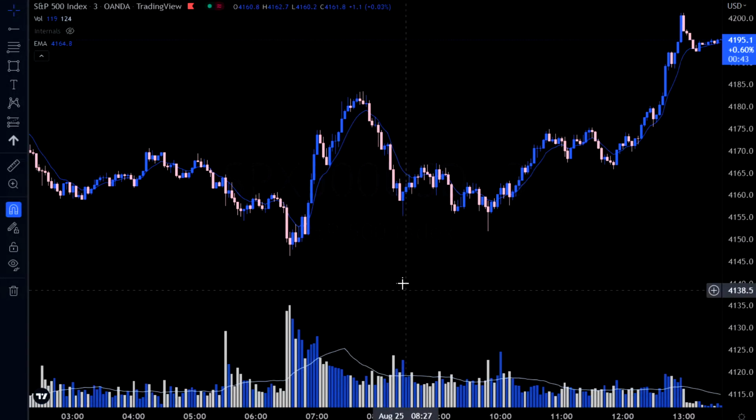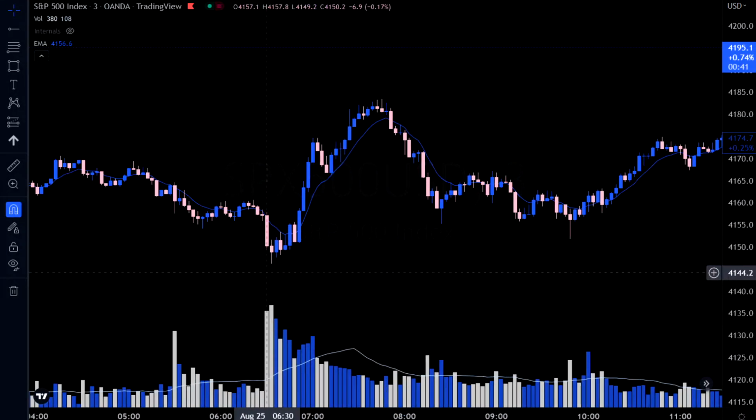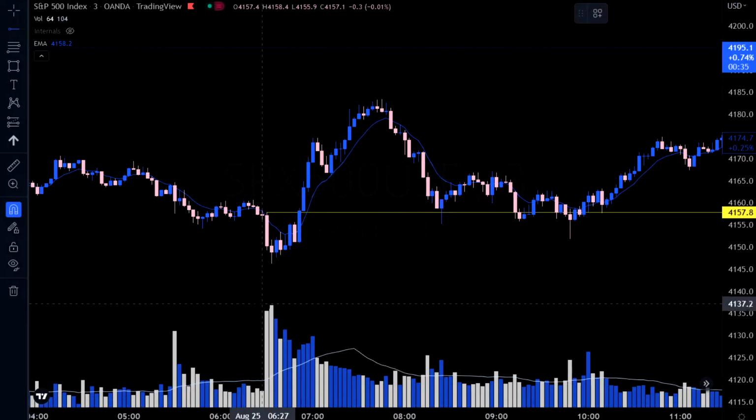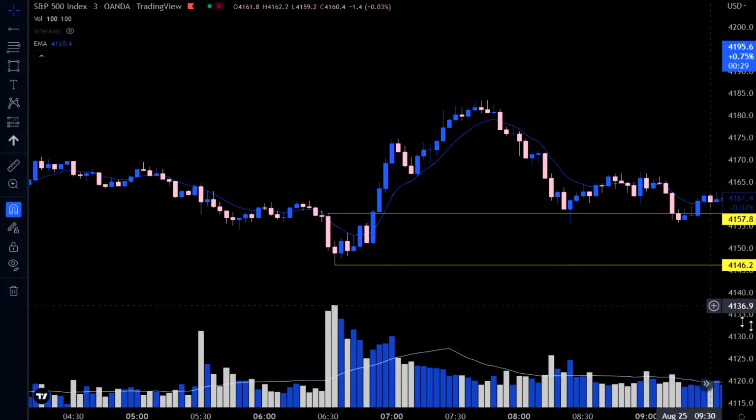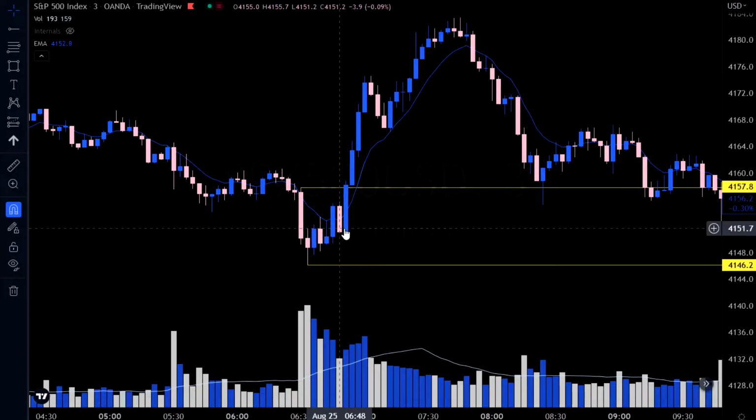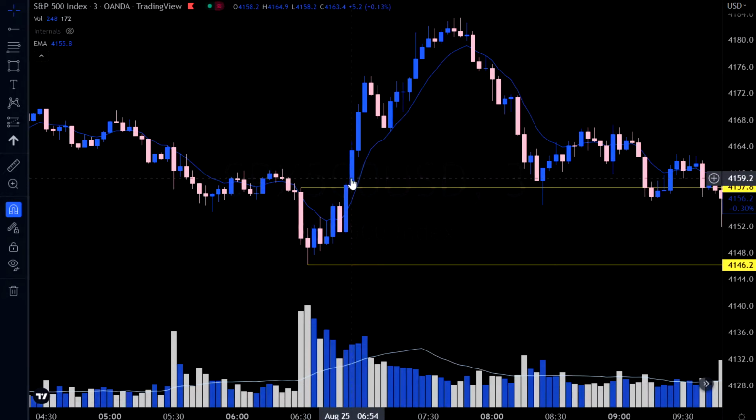So for example here, you could have played an opening range play, which if you don't know what an opening range play is, you let price develop for the first 15-30 minutes. So right there is about 20 minutes of price action, and then you have a clear high, a clear low, and once price breaks out of this range, which it happened here, you can enter the trade. So you would enter calls at this point,